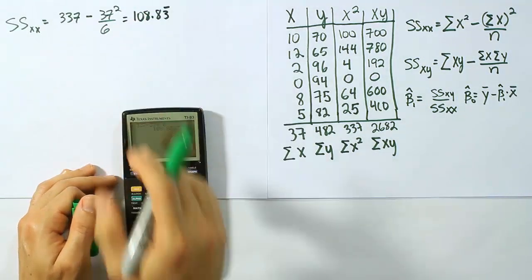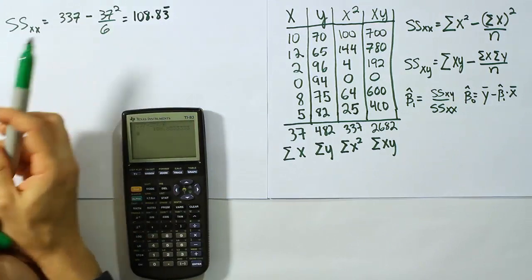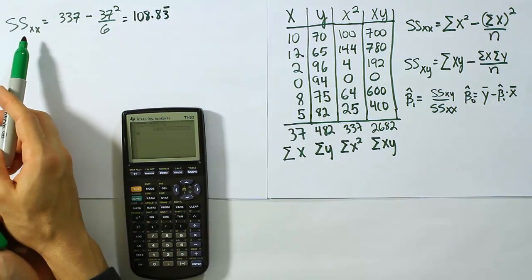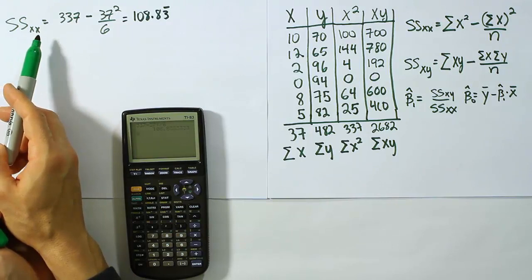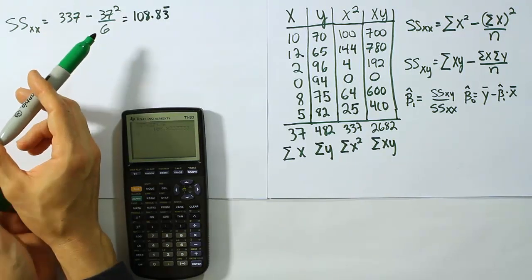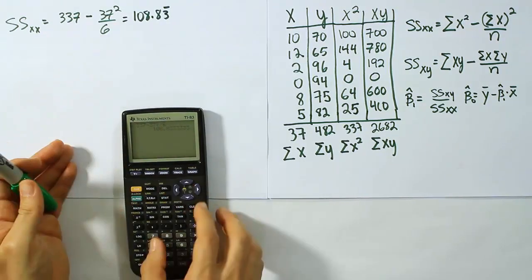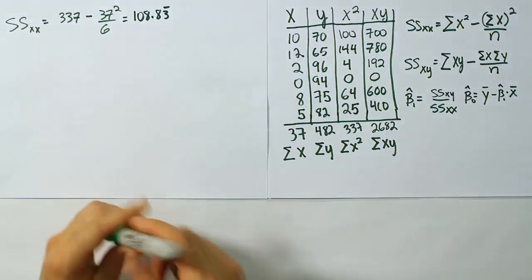108.83 repeating. Little heads up, this answer must always be positive. The sum of squares for xx can never be negative. If you get a negative answer, you've made a mistake here. The only one that can be negative is this